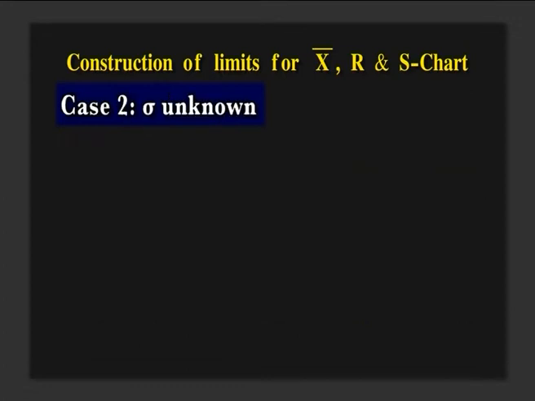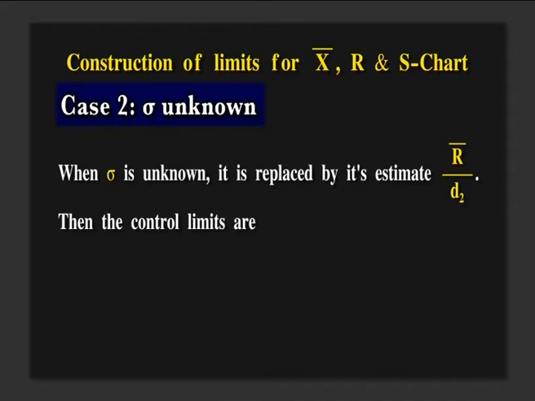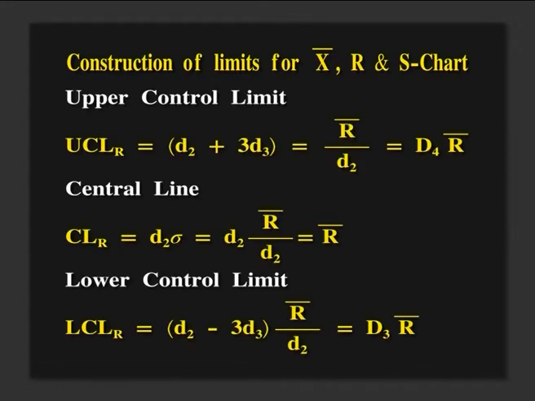Case 2, sigma is unknown. When sigma is unknown, it is replaced by its estimate R bar by d2, then the control limits are given by: upper control limit is equal to d2 plus 3 d3 and the estimate of sigma is R bar by d2, or it is simplified as D4 R bar. The central line is R bar and the lower control limit is d2 minus 3 d3 R bar by d2,